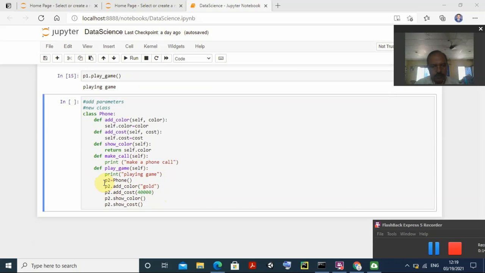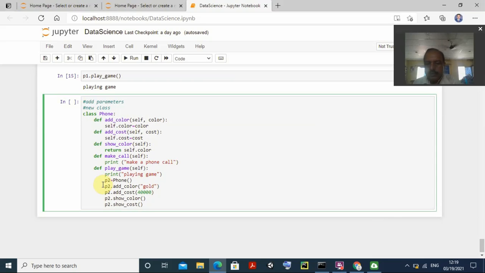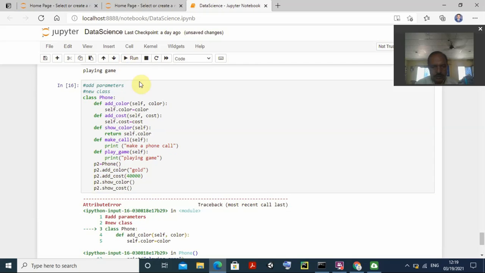Now what I am going to do, I am going to create objects, and object p2 I created. So p2 is an object of this class phone. Then p2 dot add color, I am putting the color is gold, and p2 dot add cost I am showing this thing, say 40,000 rupees, it is INR. Okay, so now I want to show the color, p2 dot show color, and p2 dot show cost. Okay, now when I run this program, you can see the output it is showing